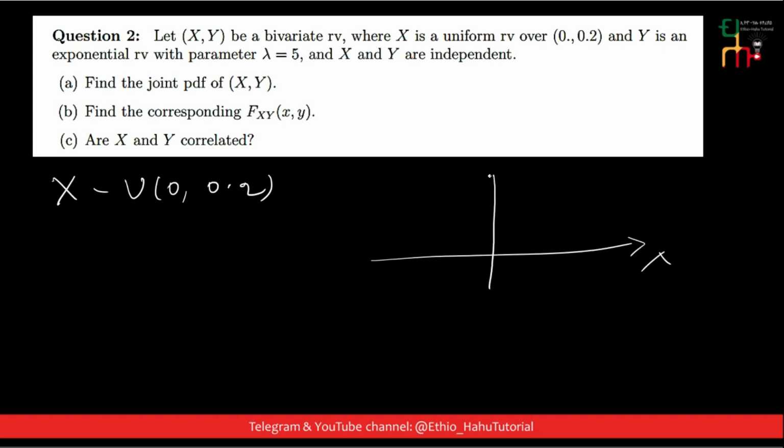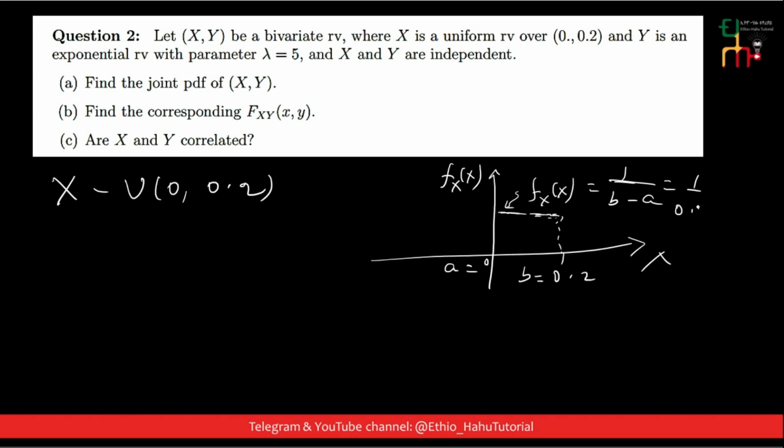This is fx of x ማለት ነው፣ probability density functionአችን ይሄ ነው የሚሆነው continuous ስለሆነ ማለት ነው። fx of x ማለት 1 over b minus a ነው የሚሆነው where a የምንለው lower point ነው b ደግሞ የምንለው upper point ነው። Therefore 1 over b ማለት 0.2 ነው minus a ማለት ደግሞ 0 ነው፣ 1 over 0.2 ይሆናል። 1 over 0.2 ማለት ስንት ነው 5 ይሆናል ማለት ነው።